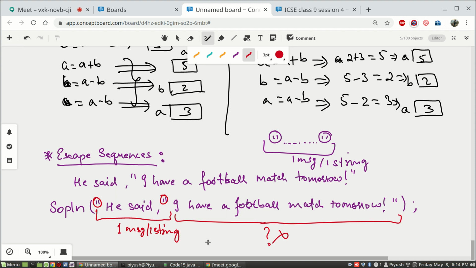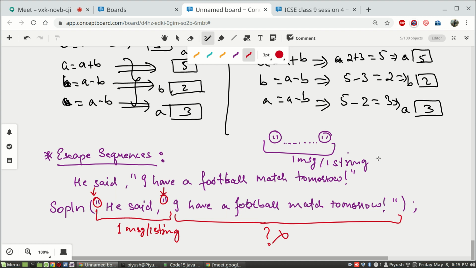Okay? Sir? Yes. So won't the computer know if it's an opening quote and an ending quote? Won't the computer know that this is the opening quote and this is the ending quote? Computer figures it that way only. So it will understand that okay, one quote started here and one quote closed here. But that's also an opening quote only, right?